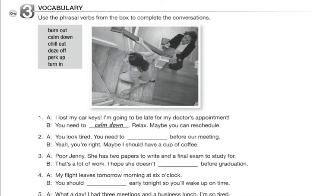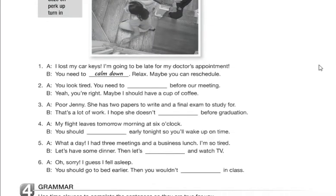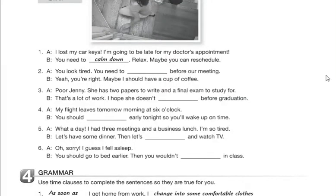In the next section, we will look at the vocabulary about sleep and energy. We have burn out, cool down, chill out, doze off, perk up, turn in. And in this vocabulary, you will see different contexts, and we're going to place the right word in the right place. Again, you can pause a bit in this section and fill it in with these words. So I'm going to set the screen right here. Then you can check out the vocabulary words, and then I'm going to scroll down, and then you can find